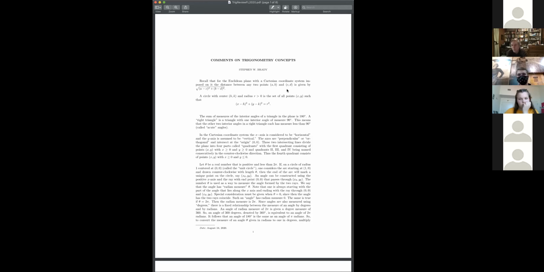Well, 1, 0 would be 1 unit away. 0, 1 would be 1 unit away. But so would 1/2, 1/2, because 1/2 plus 1/2 is 1. So everything that's one distance away with this new way of measuring distance gives me a diamond shape instead of a circular shape,